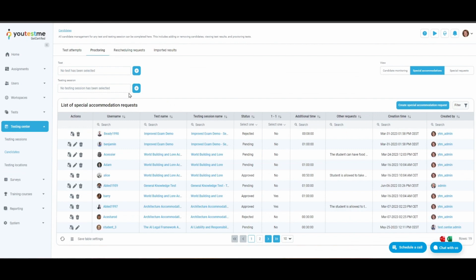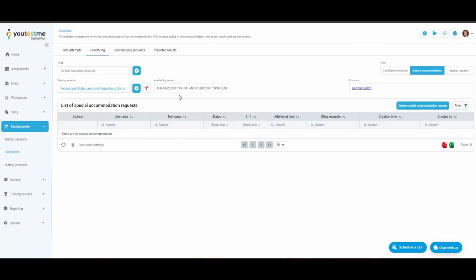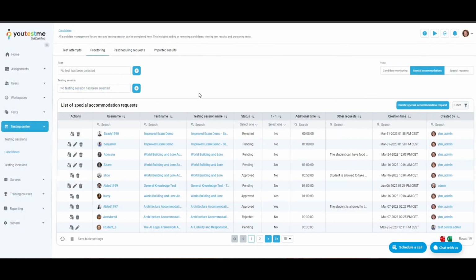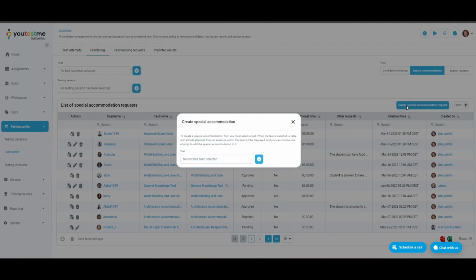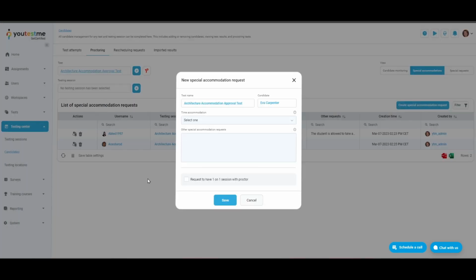Select the testing session for which you want to see special accommodations. Click the plus icon to change the testing session, and you can remove filters as needed. Create a new special accommodation request. Time accommodation can be added if the test has a time limit for the entire test. You can choose one of the following options: manually defined time,